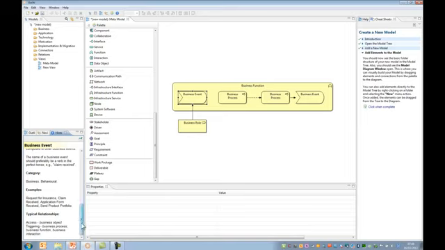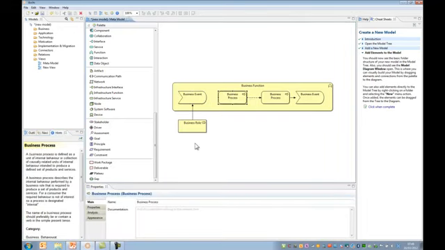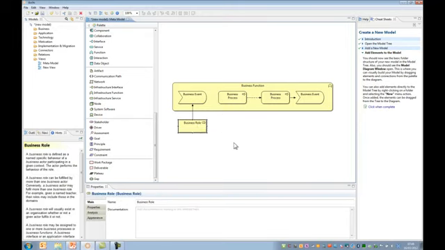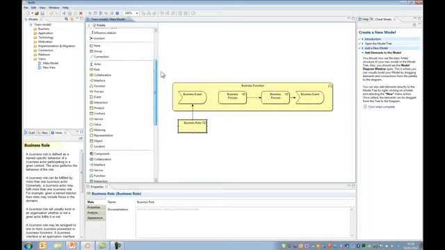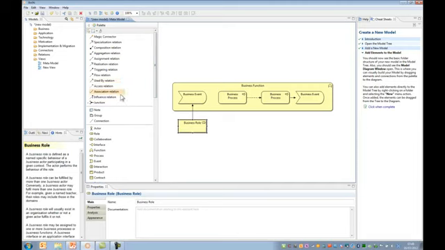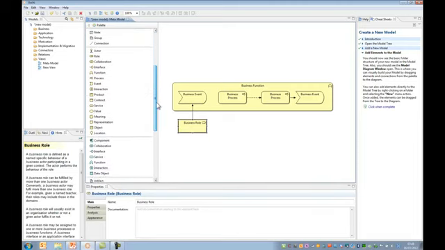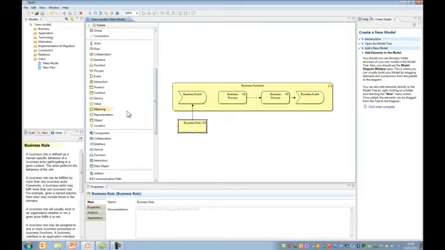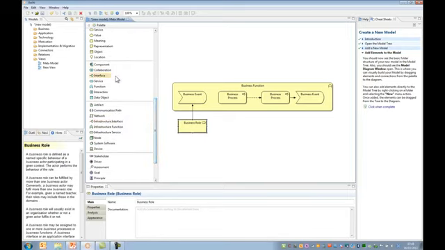Here's business role, and we've got a nice structure for storing our models in a folder structure here for models. And we look at the layers of concepts here. We've got the connectors. These connectors are very significant. They're very specifically defined. We've got the business layer. We've got the application and the data layer. And we've got a technology layer. Plus, we've also got these new concepts which have been added in Archimate 2.0: stakeholders, drivers, assessments, goals, principles, requirements.